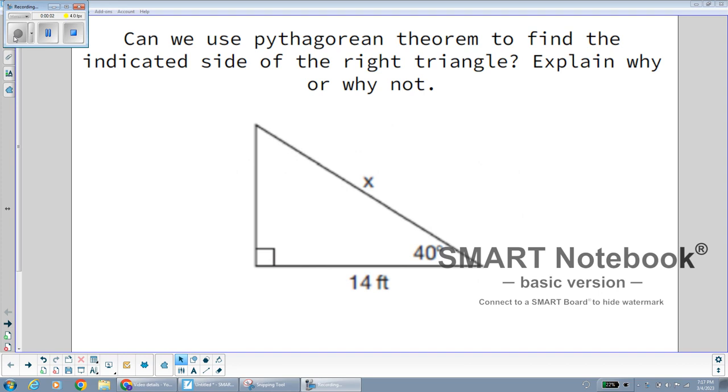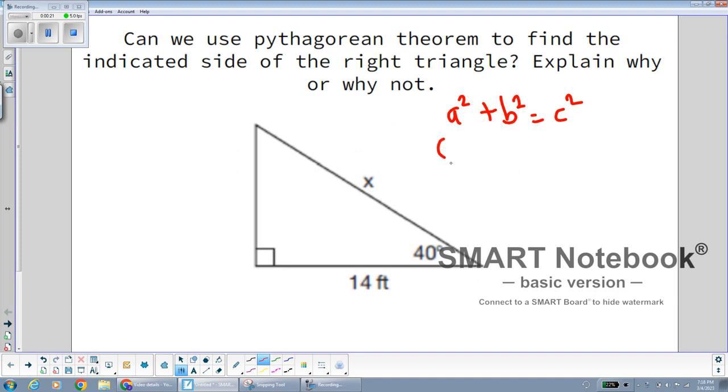Hi, everybody. So the question that you see here on this first slide is, can we use the Pythagorean theorem to find the indicated side of the right triangle? Explain why or why not. Well, if we go to plug into our Pythagorean theorem, a squared plus b squared equals c squared,